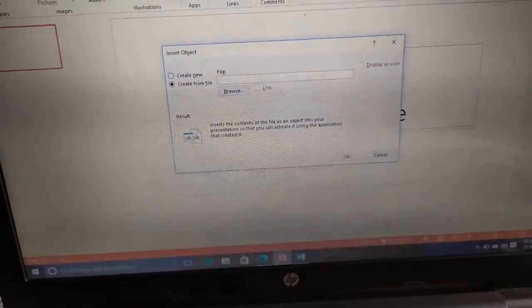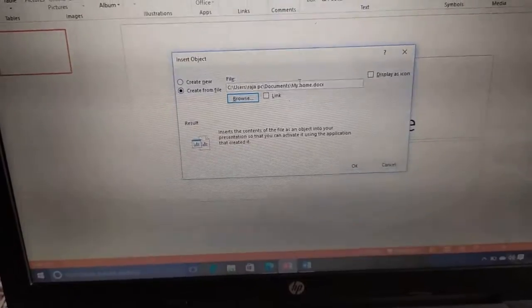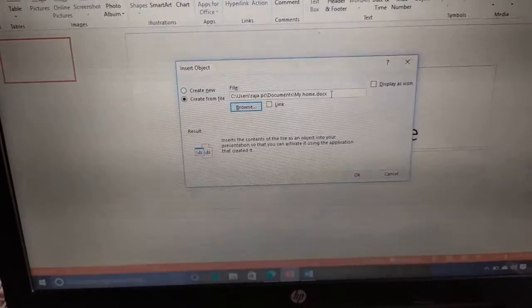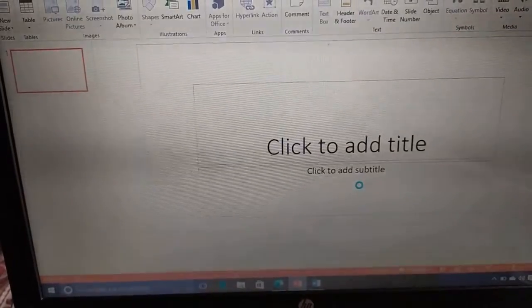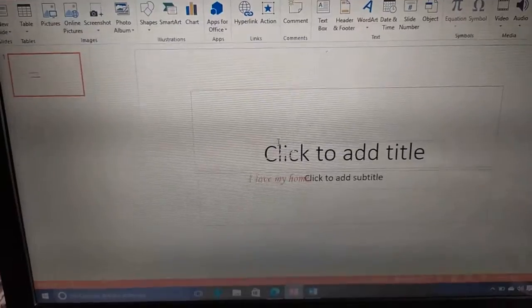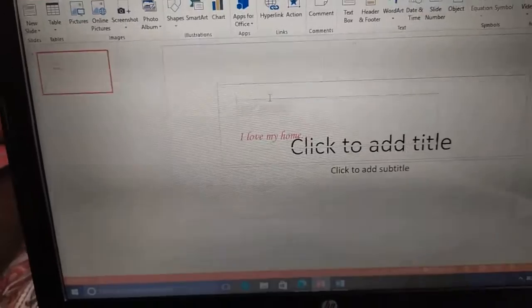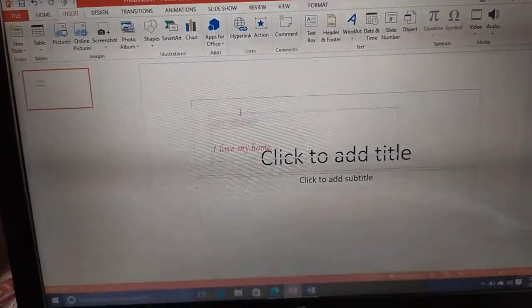Click OK. Again, see the file is brought over here by the location you can see. Click OK. See, our Word document is inserted over here. Clear everyone how to import data from other application.